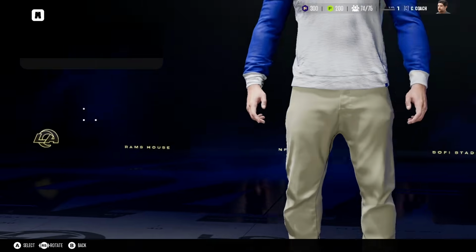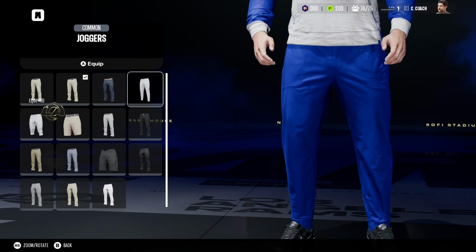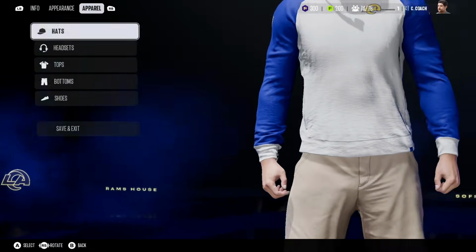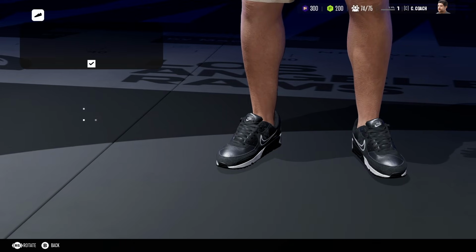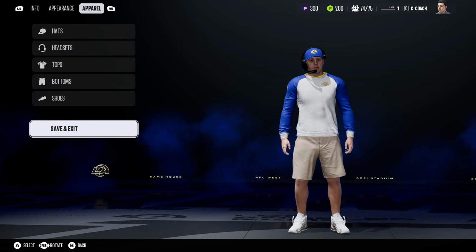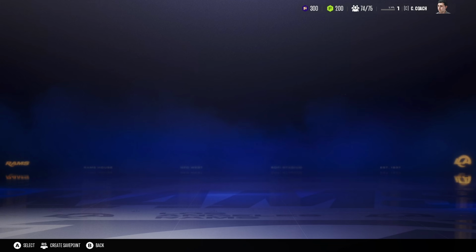Next we can go to bottoms to change the bottoms of the coach. I'm gonna select, I guess, this one. And we can also change the shoes, which is quite interesting. But yeah, that's all there is to it. This is exactly how you'll be able to edit or customize coach in Madden